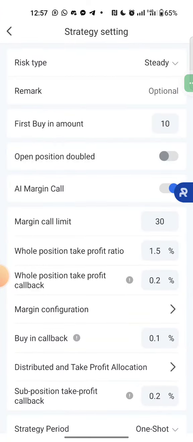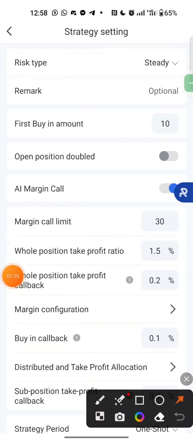It is a $320 setup. It has a first buy of 10. It has the margin call limit at 30, which means the robot will be buying, it's around 350, something like that. The robot will be buying with $10 30 times. So if we multiply 10 times 30, it is already 300,